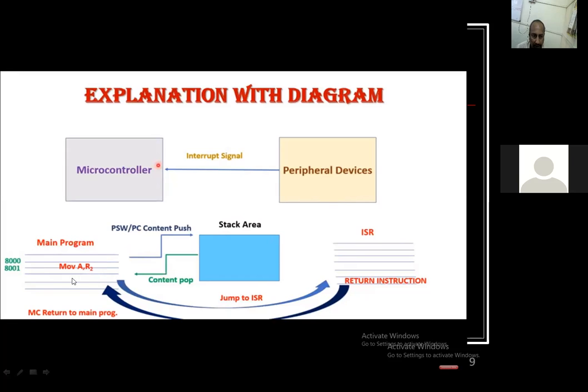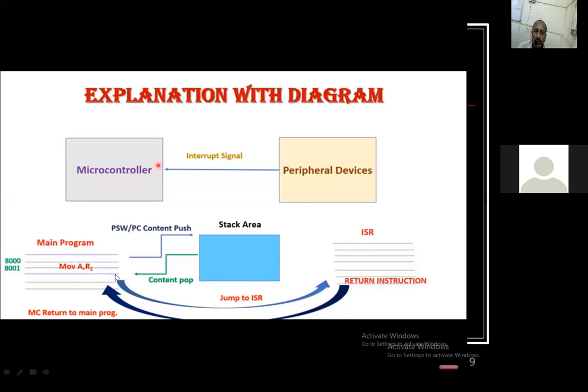But when this interrupt signal is received, suppose right now it is executing the instruction MOV A, R2 at location 8000, and the next instruction will be at 8001. So it has to go to this particular ISR location. This is the main program, and on the right hand side you can see the ISR program.